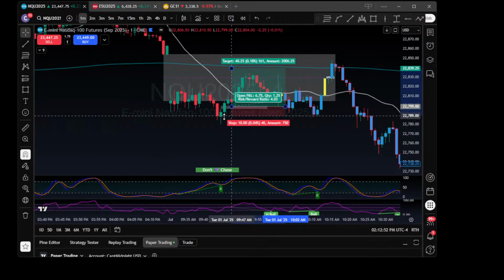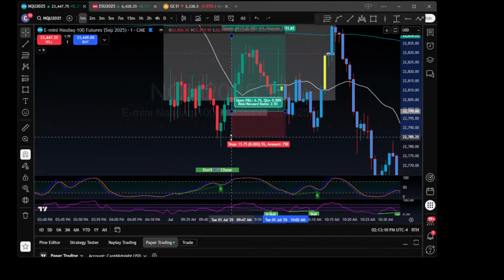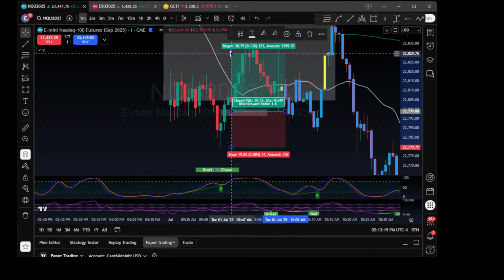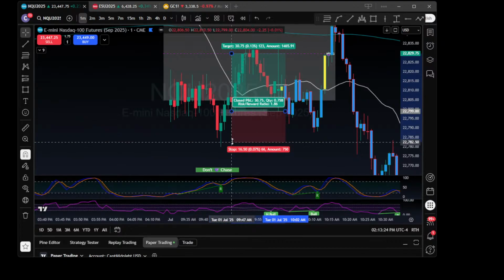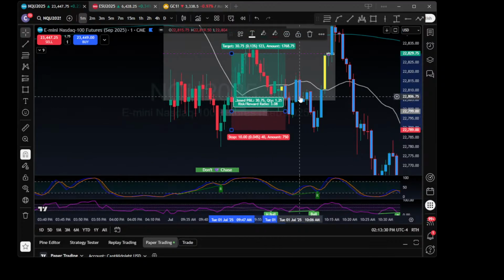ICT says you can do it off of the first. You can put your stop loss at the bottom of the candle that made the fair value gap, right? So there we have at the bottom of that fair value gap. If you want to be super safe, the swing low here. But as you see, that will reduce your R to like 1.1. I want 1.6, I mean. Keep it tighter. This is actually a really, really good one because this is like 40 ticks. That's perfect. So we have a winner right off the bat.